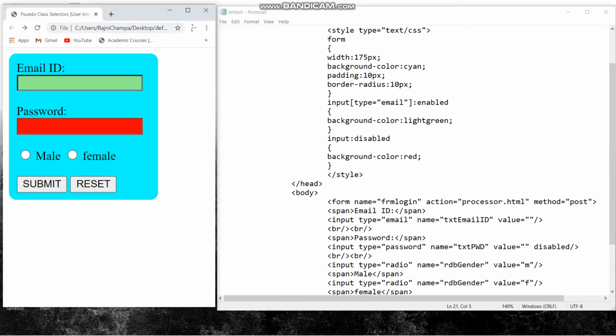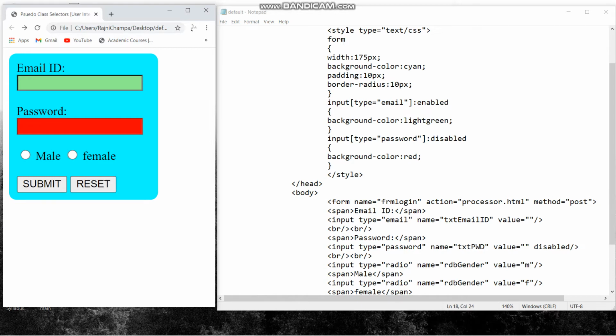Make it specific where we have to use the disabled styling, that is we will use an attribute selector, and inside the input disabled we will give type equals to password after input on the disabled field, then file, save, go to browser, and there you can see no change has been done, so it is just like before.